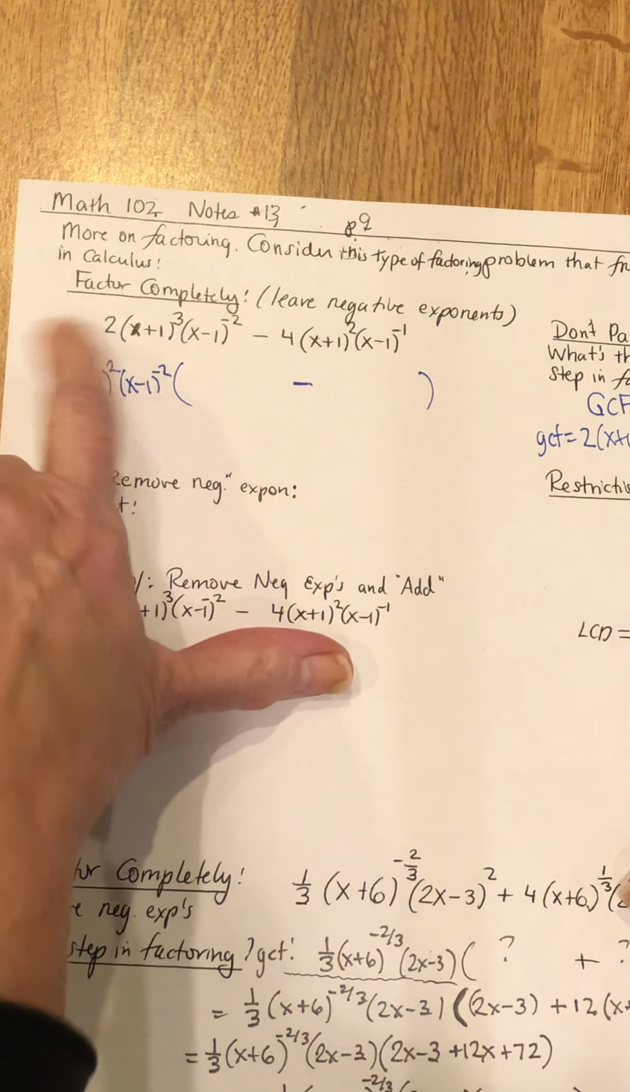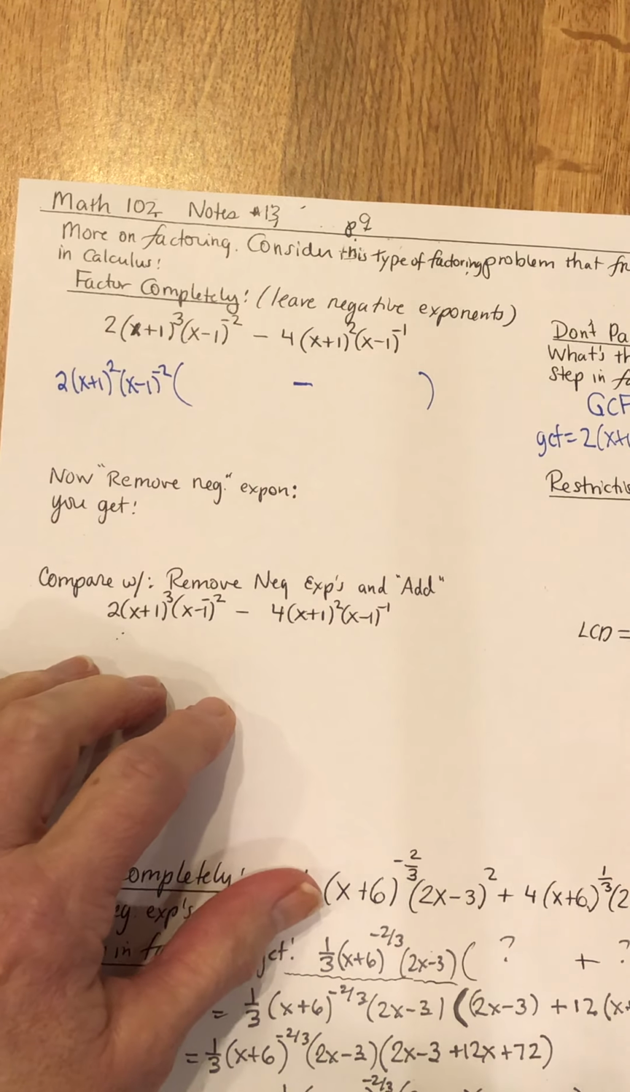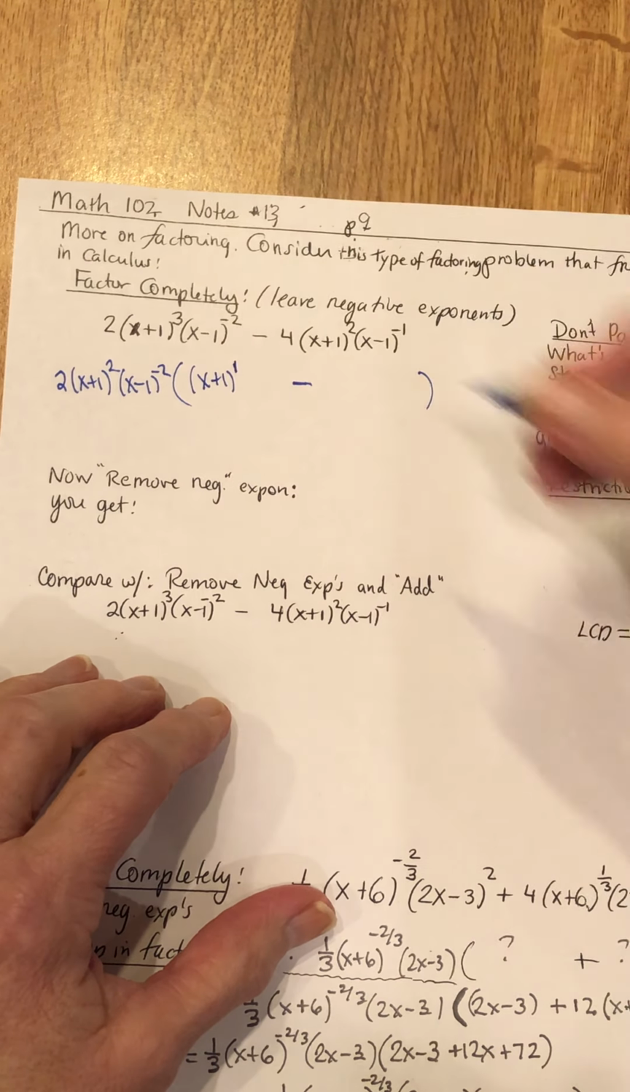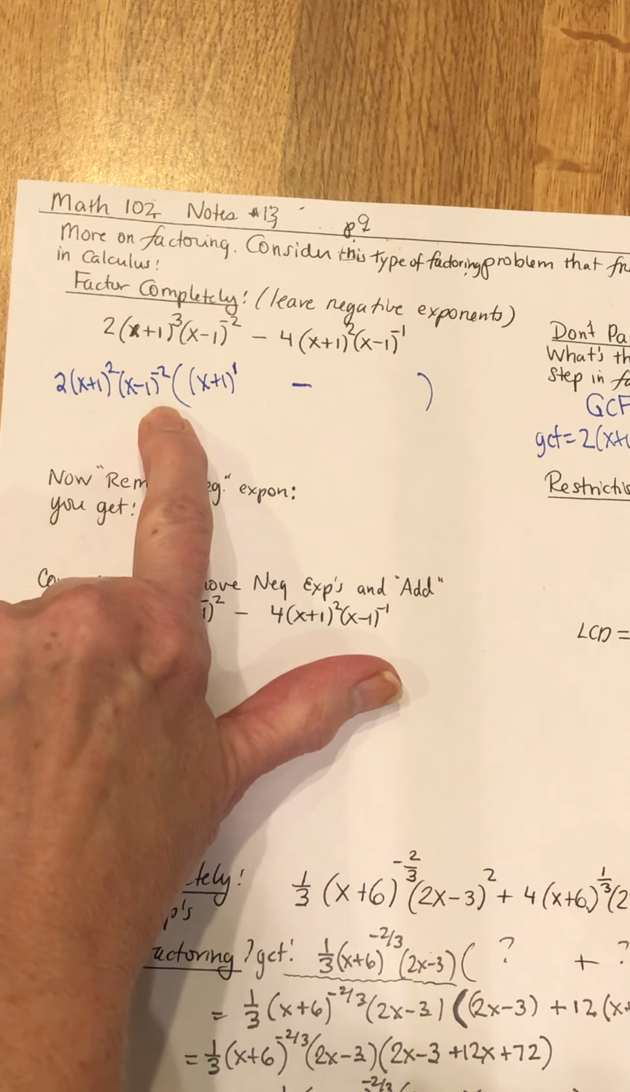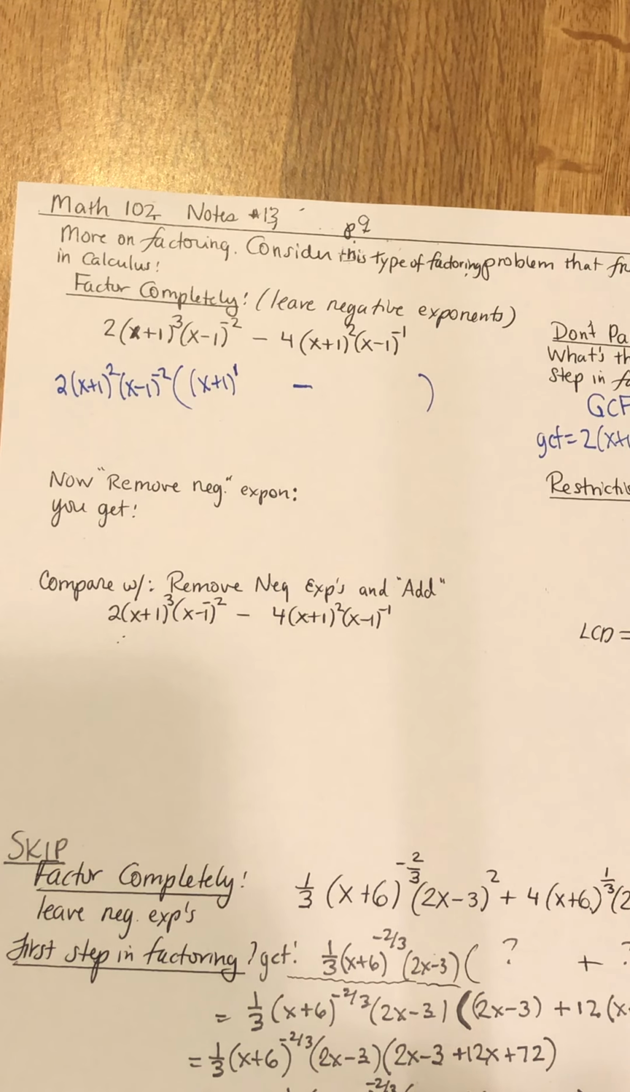And I look at it. The 2, I'm set with that. X plus 1 squared. I need an x plus 1 to the 3rd. I obviously need to multiply in 1 more x plus 1. And the x minus 1 to the negative 2nd, that's what I got. I don't need to adjust that, so that's it. It'd be x plus 1 to the 1st. Okay, then minus